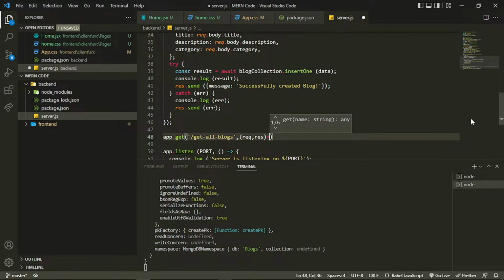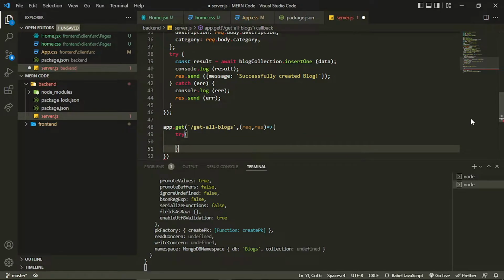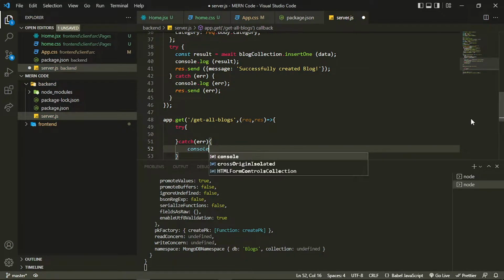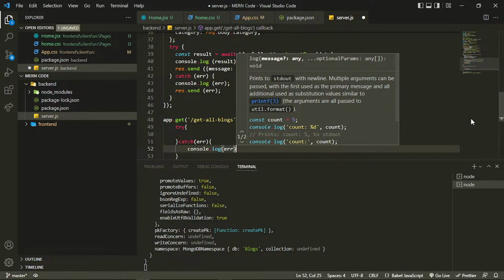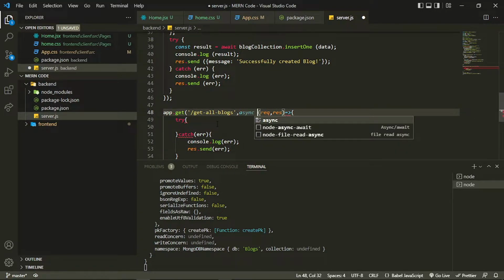and then after that, actually we don't need anything from the request, so we'll not be grabbing that. We just need to add a try catch block, and then we'll be making an async query. First of all, I'll be grabbing the error in a try catch, and then I can send the error. Also, let me make this an async function,